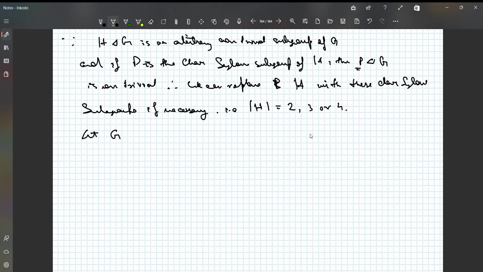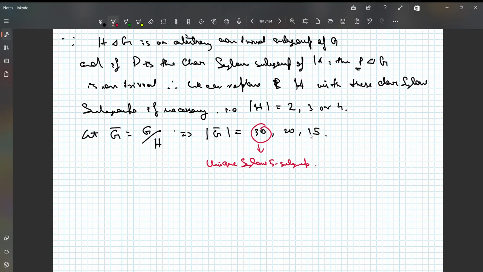But in all these cases, let G bar denote the quotient group G modulo H. Now, if I replace H by these characteristic Sylow P subgroups, in which case the order of H can be 2, 3, or 4, this implies the order of G bar, by Lagrange's theorem. So the order of G was 60, right? So 60 by 2 is 30. It can be 30, 60 by 3 is 20, or 60 by 4 is 15, right? But there is an important observation which comes out from here, that a group of order 30 always has a unique Sylow 5 subgroup,